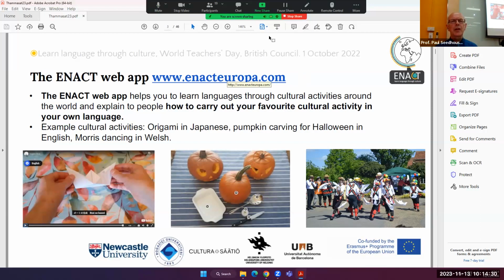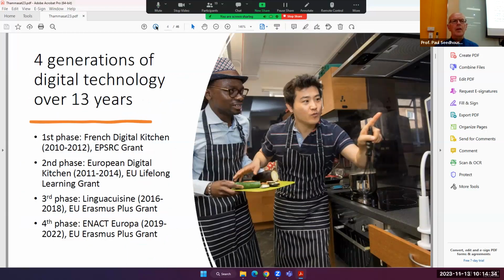We've had 4 generations of digital technology over 30 years. The first 3 phases were based on learning languages while cooking, and the 4th phase, the current one, has been based on learning languages through any cultural activity.